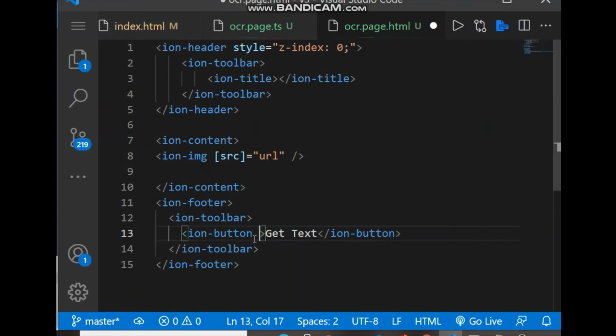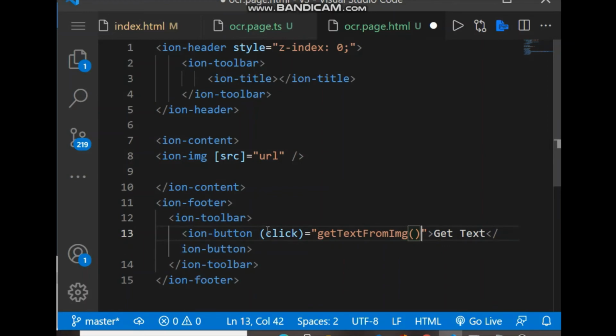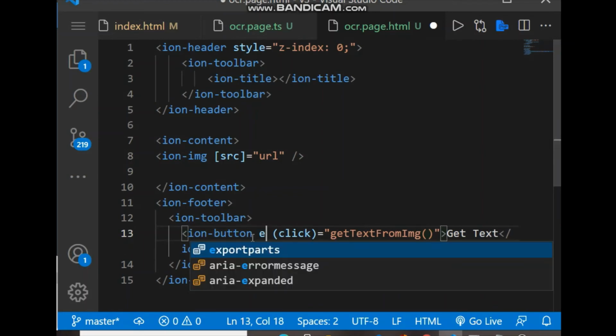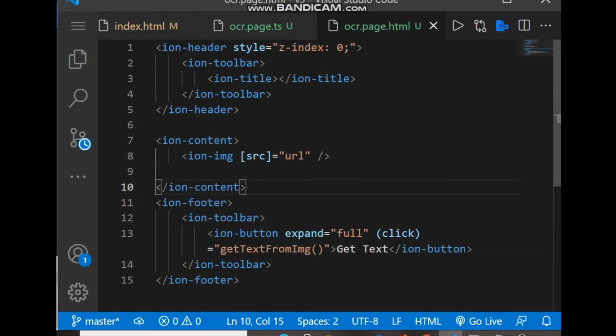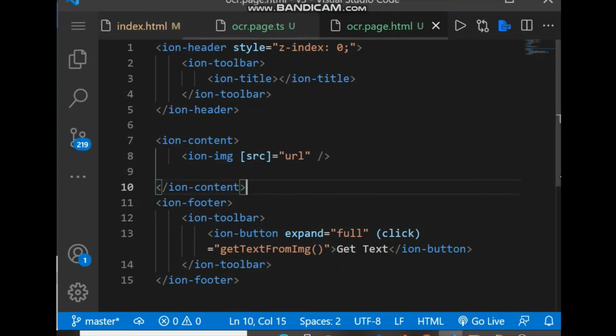So let's include click, and inside click we write this method, and also we make this button large, expand full.